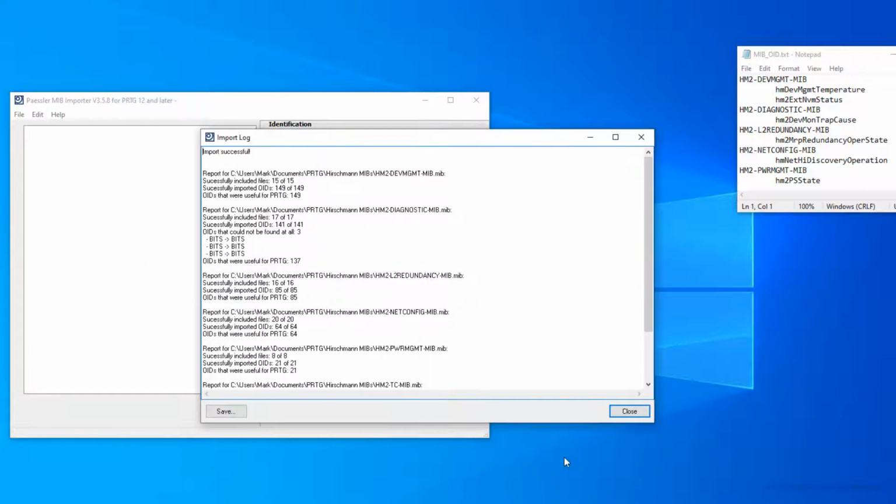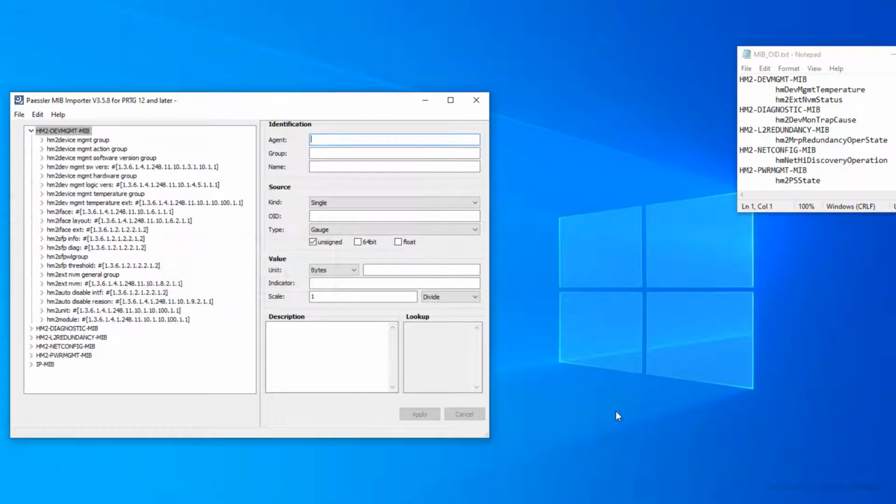The summary shows how many MIB variables, or items of information, have been imported from each MIB. Of course, this is much more information than I actually need. By default, the MIB importer will import all items from each MIB.